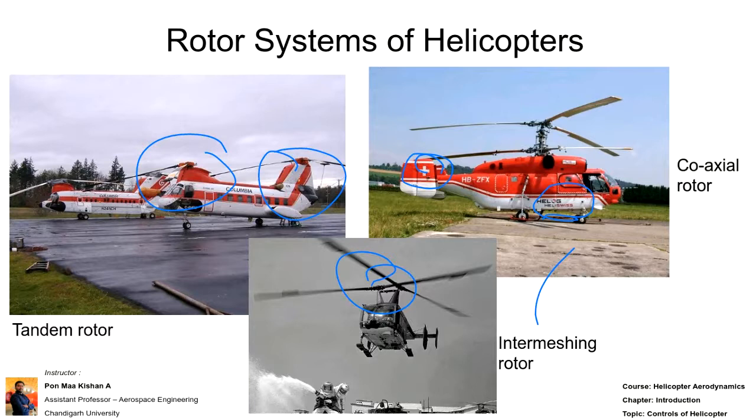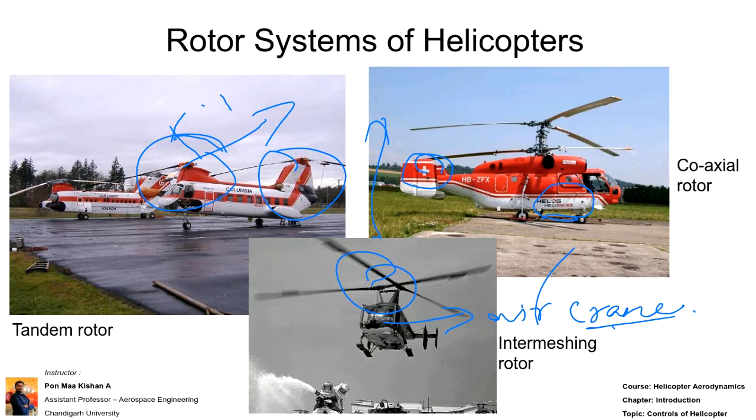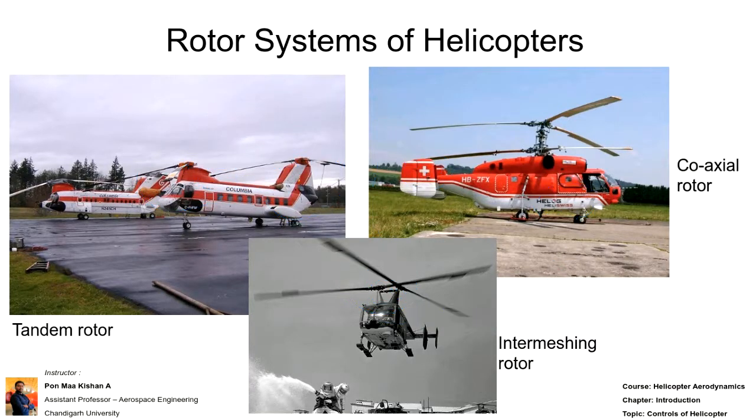Okay, so that intermeshing rotors nowadays they are using in the air crane also, as I showed for construction they are using. So the rotor blades are designed in such a way, either in the tandem or in intermeshing, it won't collide with each other. Okay, at any cost, due to the rotational speed, right? RPM as well as the distance, right? So here also it will be aligned in such a way that it won't collide with each other. Okay, there won't be any possibility of colliding with each other. Okay, so it was designed in such a way, right? So these are the rotor systems.